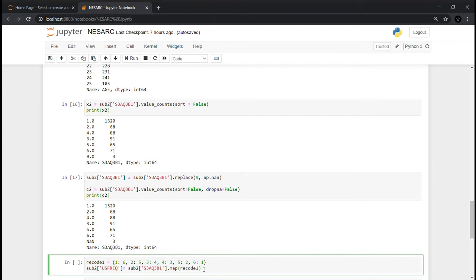And after that we'll use the map function to recode the values and form a new variable named usFreq. We did so because we don't want to coincide both the variables.